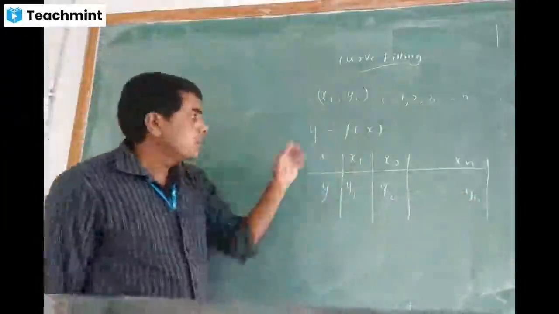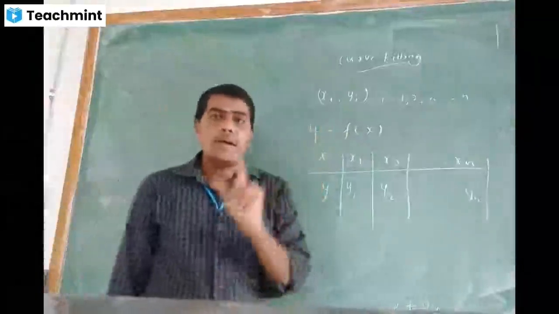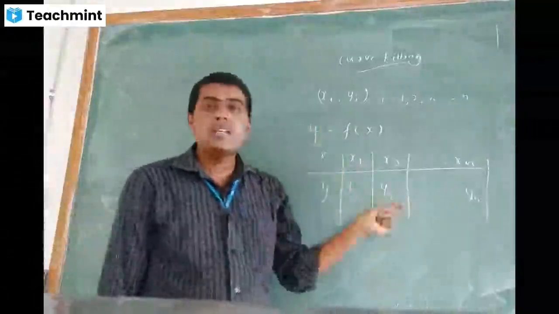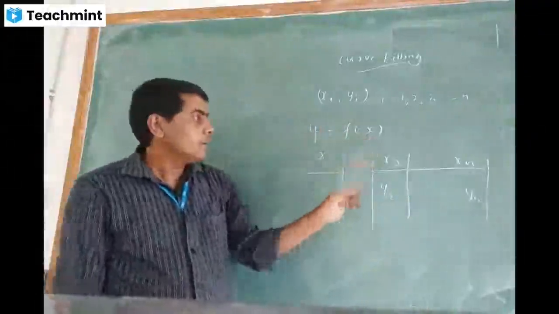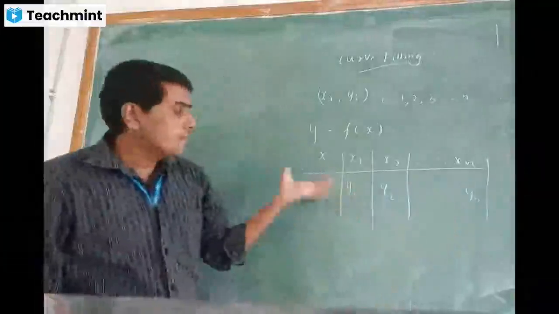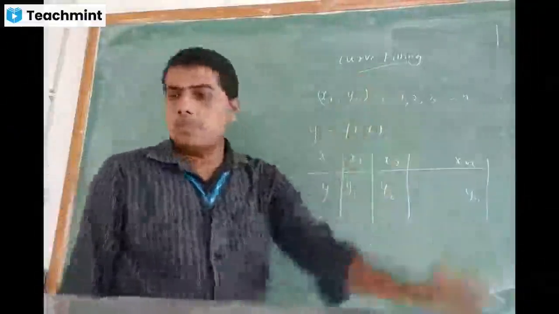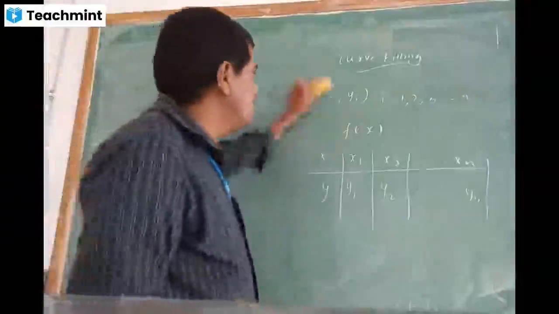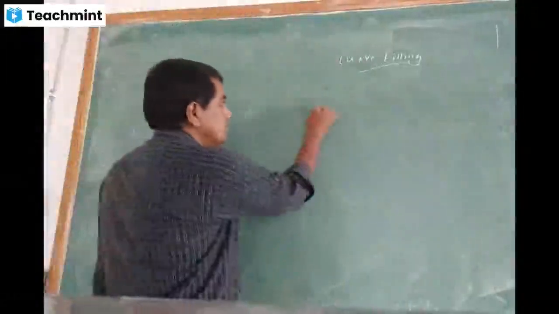Curve fitting is a method of finding the specific connection or relation between the dependent variable and the independent variable in a given set of data, so as to satisfy it as accurately as possible. So the procedure for curve fitting, do remember the procedure here. Suppose we have y equal to some equation.